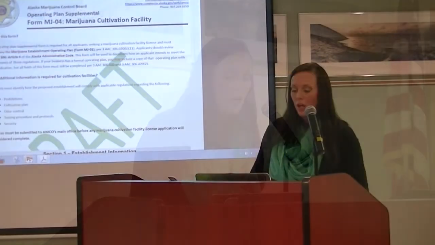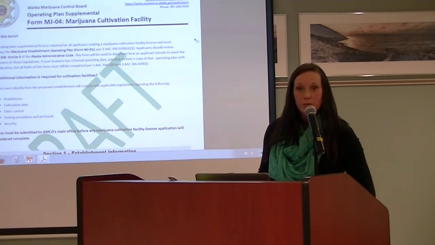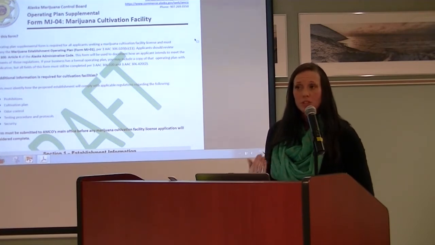So the next set of forms are labeled MJ03 through MJ06. Depending upon what license type you're applying for, you will be filling out one of these four forms, unless, of course, you're applying for multiple license types, in which case you will use the corresponding forms. I'm going to use MJ04 as an example here, but just for